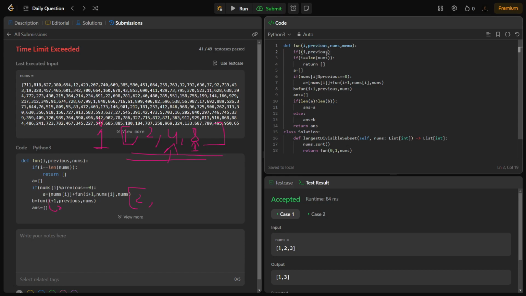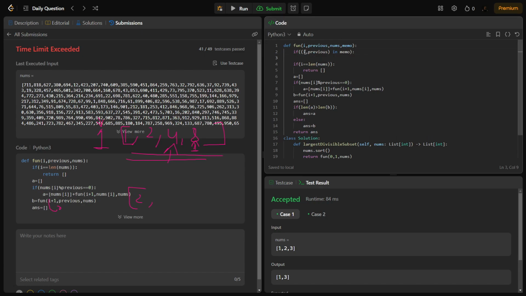So i comma previous, i and p are the only things which change here, and the rest of the things are constant, right? So if this pair is inside memo, that means we already have an output for this query. So we'll simply return